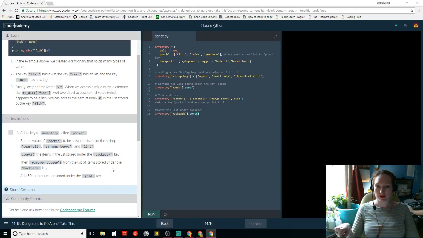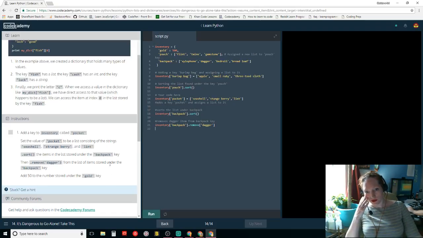Remove dagger from the list of items stored under the backpack. Okay. Add 50 to the number stored under the gold key.